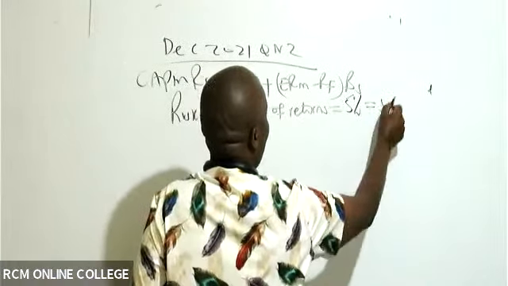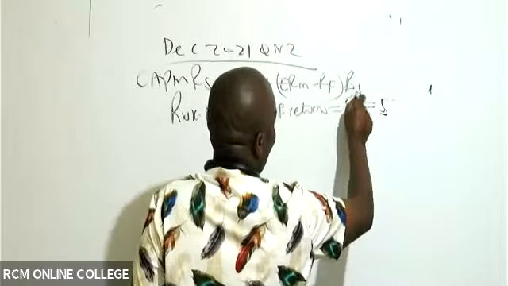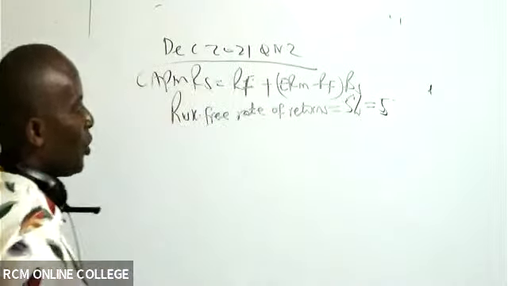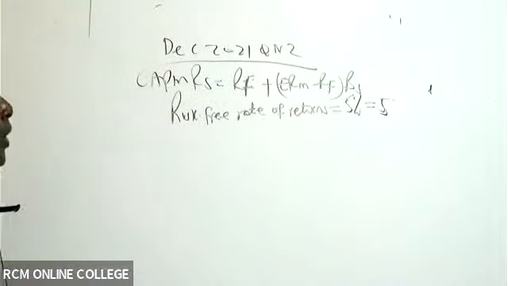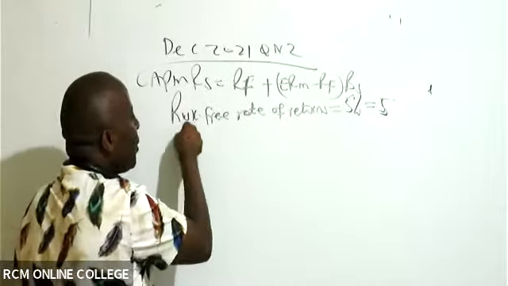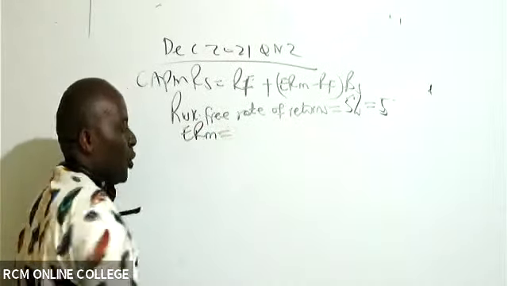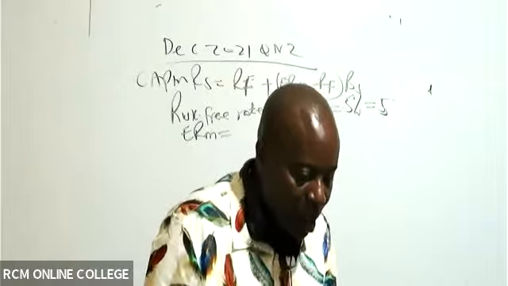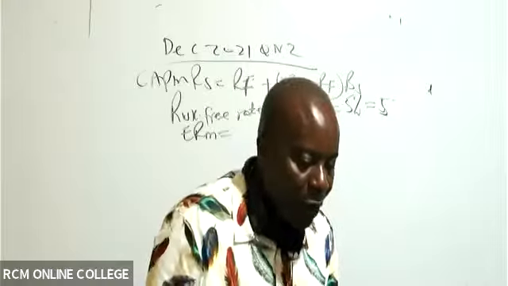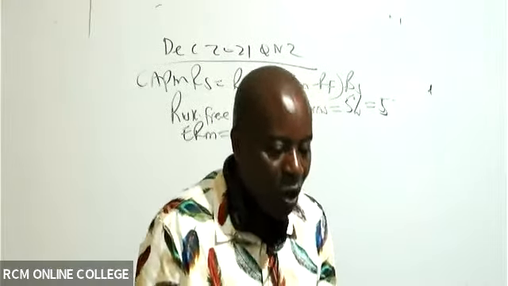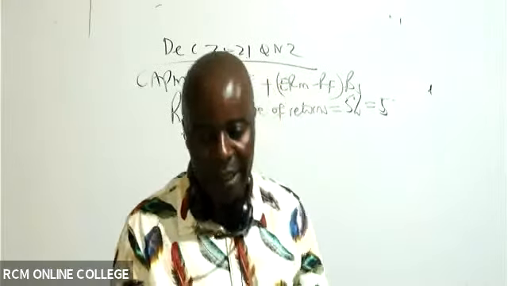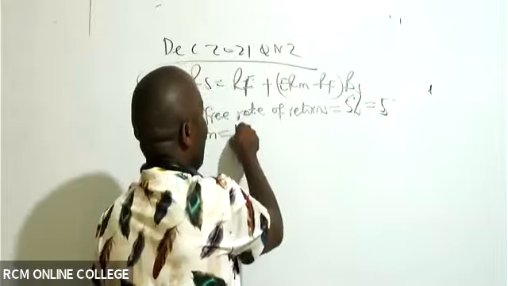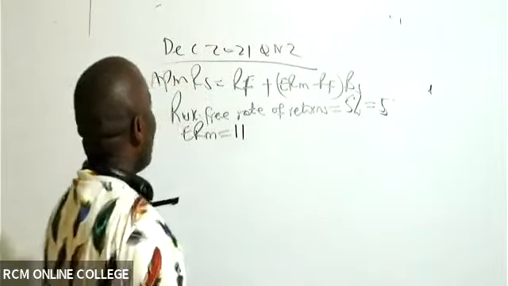So we shall just use 5, because in portfolio we don't like working with percentages. Do we know the expected returns of the market from the question? They have told us before required. There is a paragraph saying the overall return on the market portfolio of risky assets is 11. ERM is 11. Let us start work.